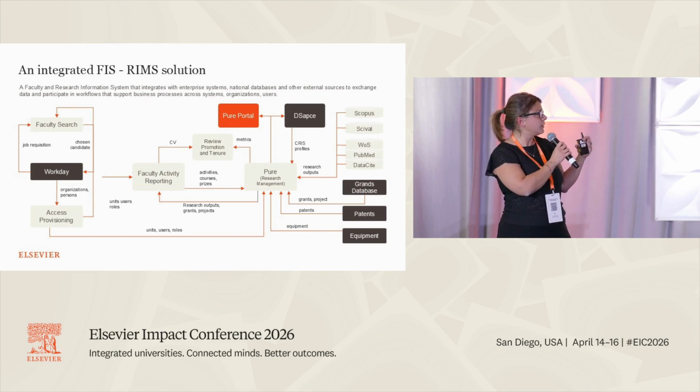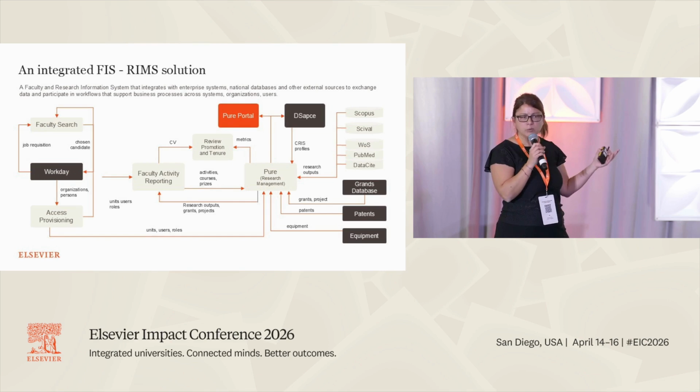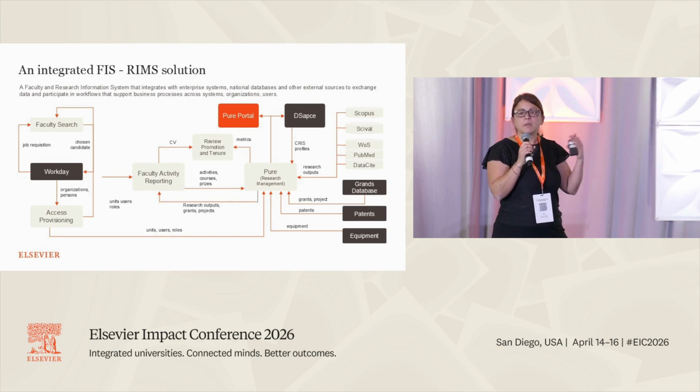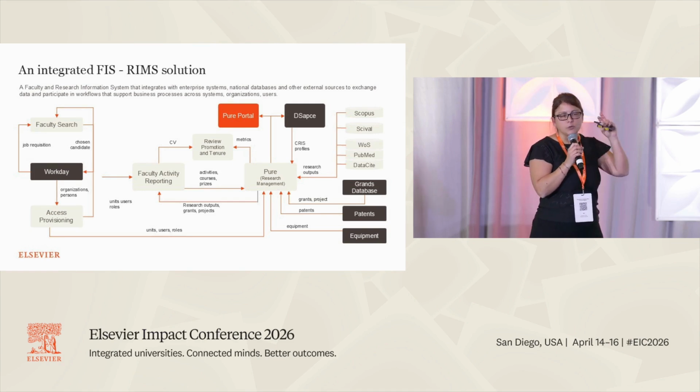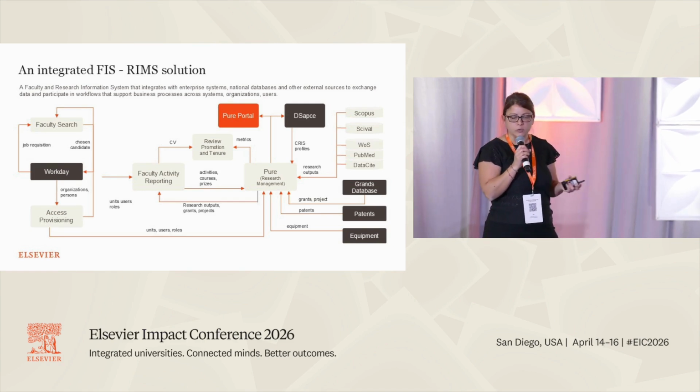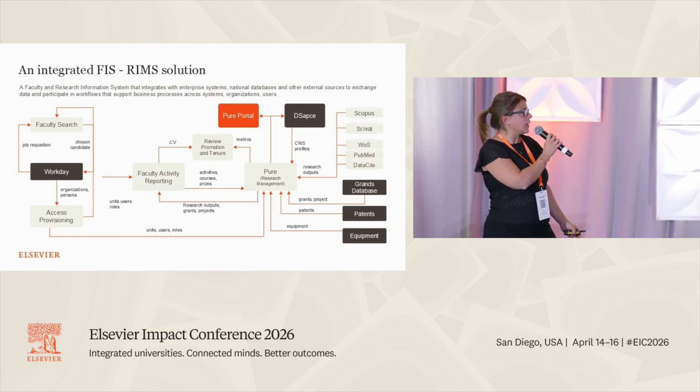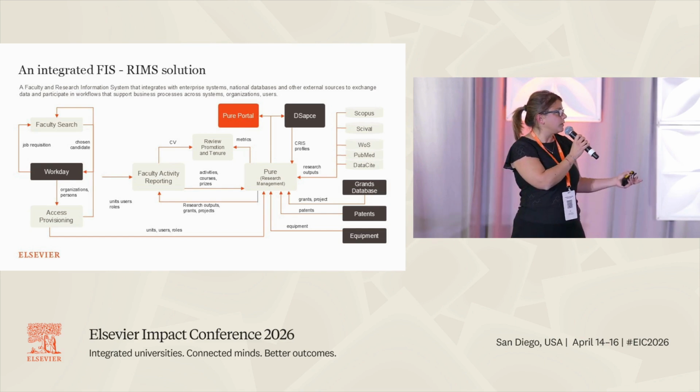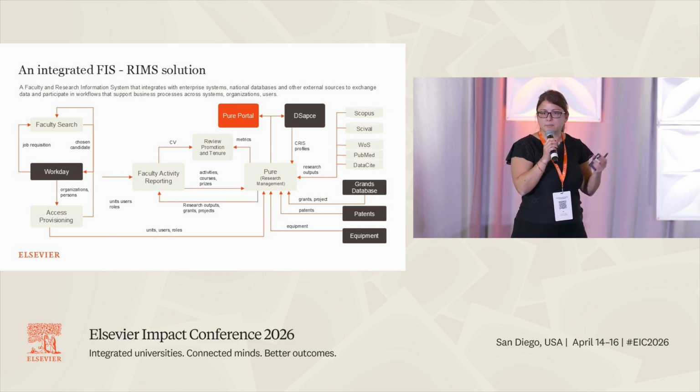But we have data such as research outputs, so publications, that comes in automatically from external sources. Some of these sources are internal to us, so Elsevier sources like Scopus or SciVal, and some are third-party, so Web of Science, PubMed,